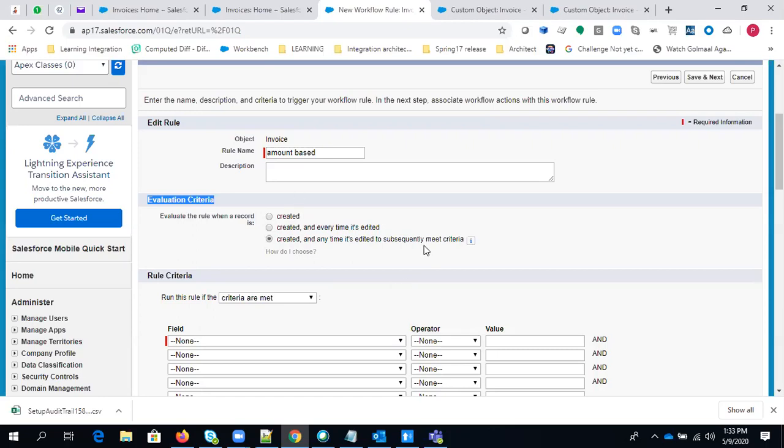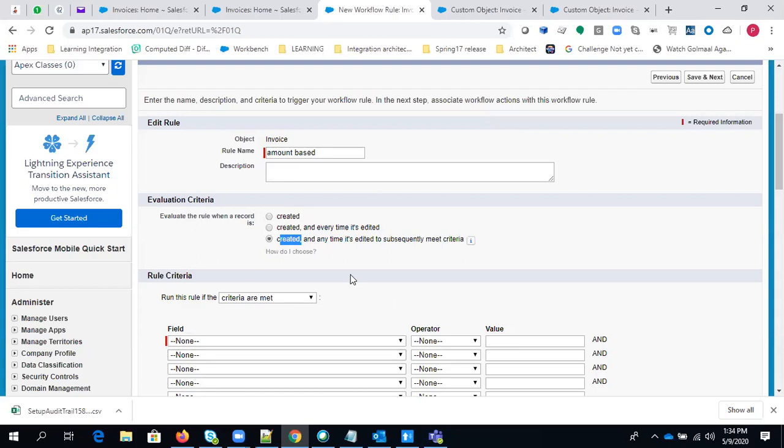So this is the important one, right? Just think about what is written here. Created, so this workflow will fire every time a record is created, and anytime it's edited to subsequently meet criteria. It means you are editing the record just to meet criteria. Previously, the criteria we are going to define here, the criteria is that the amount should be greater than 10,000.